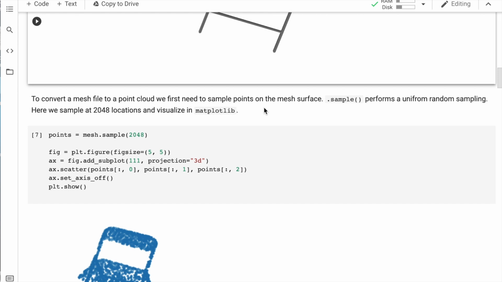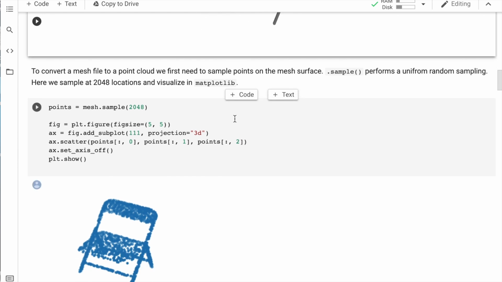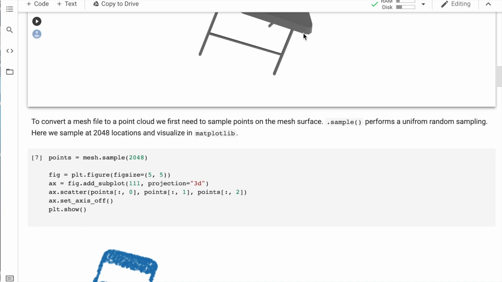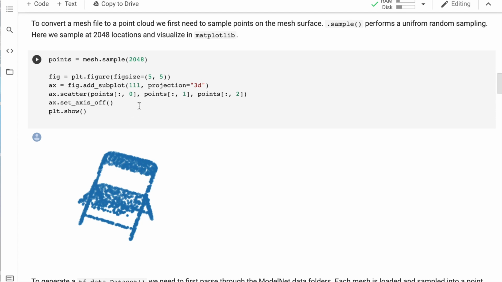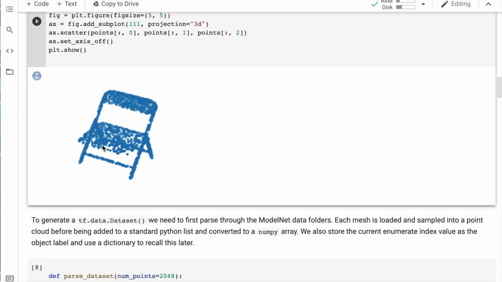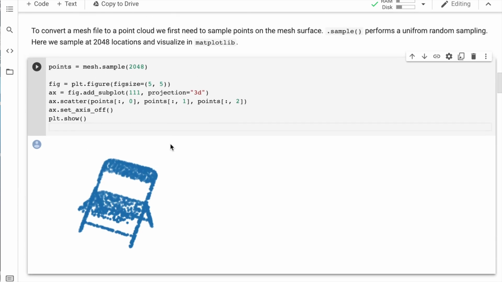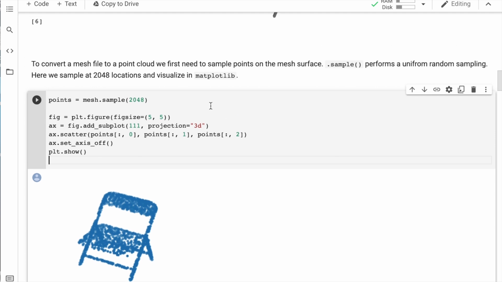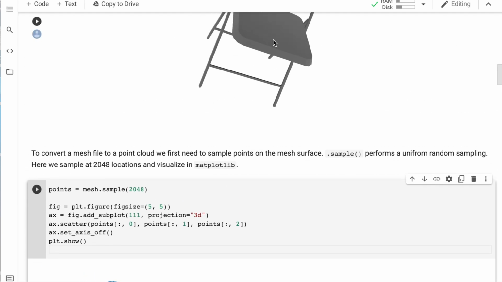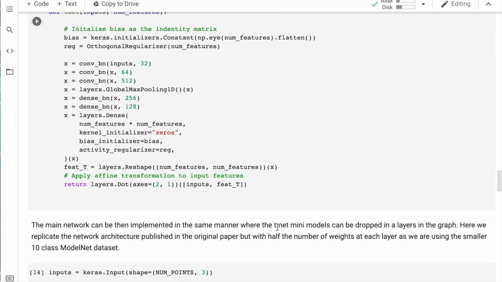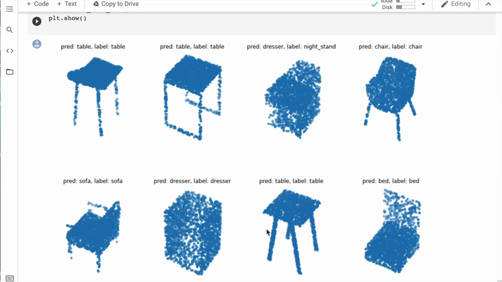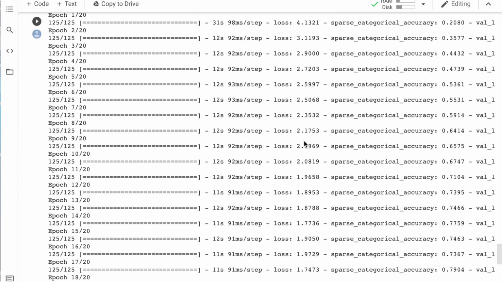The next step is to convert our mesh file to a point cloud file by using a sampling operation. So we're going to randomly sample 2,048 points from this chair object, and then we're going to plot it in 2 dimensions by just indexing the x and the y coordinate in our scatter plot. So we have this visualization of our chair image in 2 dimensions. This is the result of taking 2048 XYZ coordinate samplings from this original mesh object of this chair. And we have all sorts of other objects as shown later in the presentation. We have things like tables and a dresser, and I think there's even more object categories as stated in the